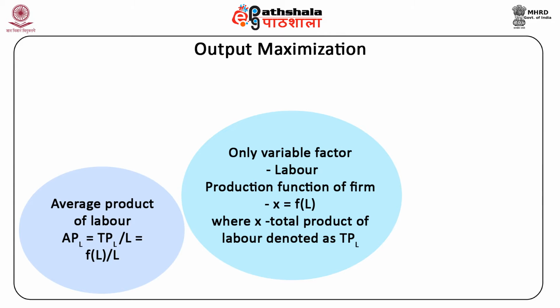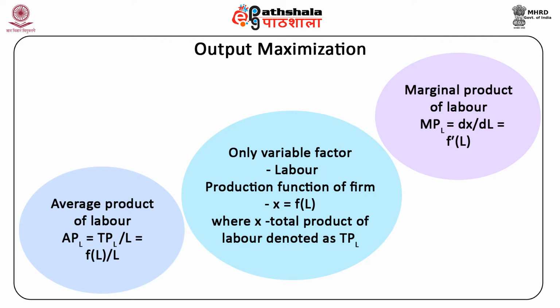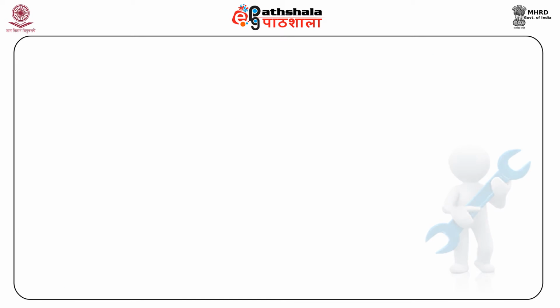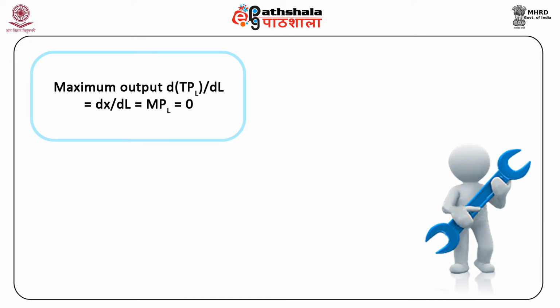The average product of labor is AP and is equal to TP upon L. The marginal product of labor is MPL and is equal to dx/dL equal to f'(L). The necessary condition for maximization of output is dTP/dL equal to dx/dL equal to MPL